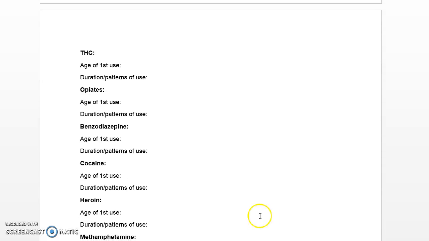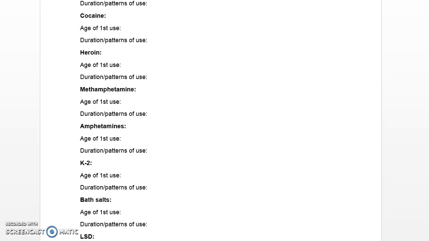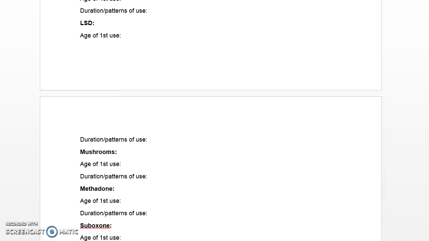If they don't have any drugs of abuse, let's say they've never used opiates, you could delete the age of first use and duration pattern of use and just put a statement, client denies any use of opiates for that section. So you scroll through all the drugs of abuse,